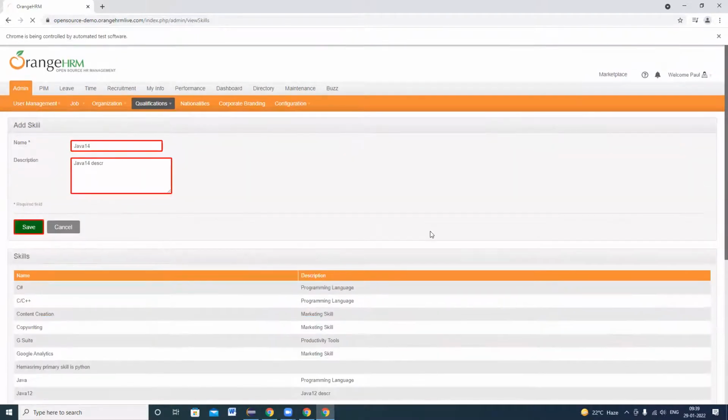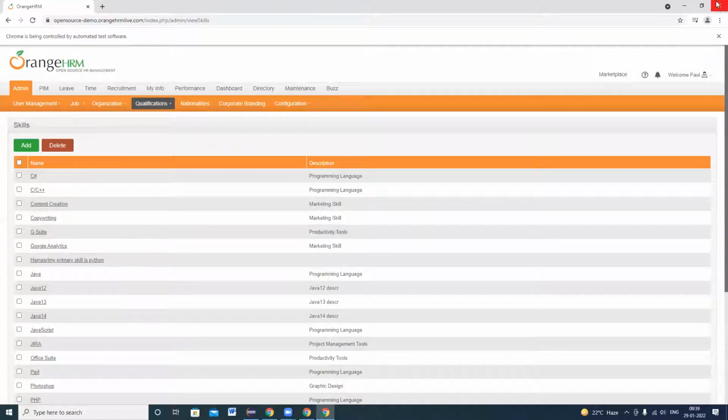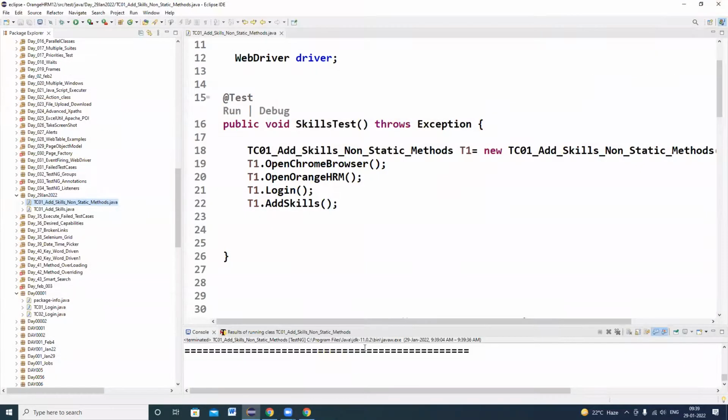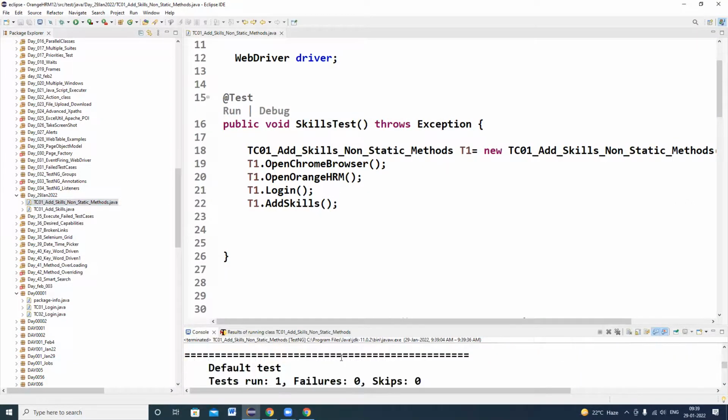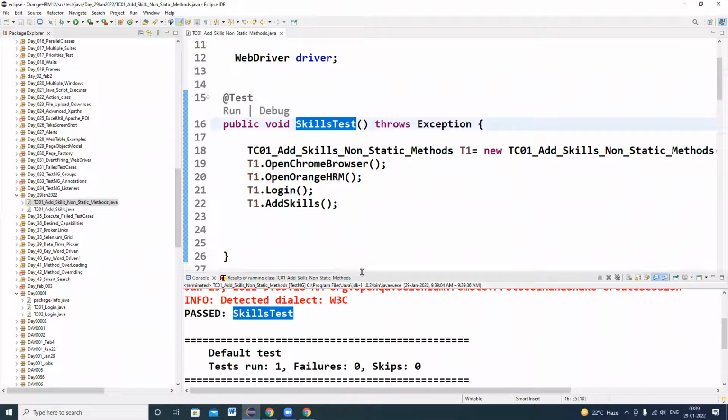Admin, qualification, skills and save. Right. So the program got executed successfully. In the console, you can see the method name skills test. It's passed successfully. Okay. So now I want to do parameterization.